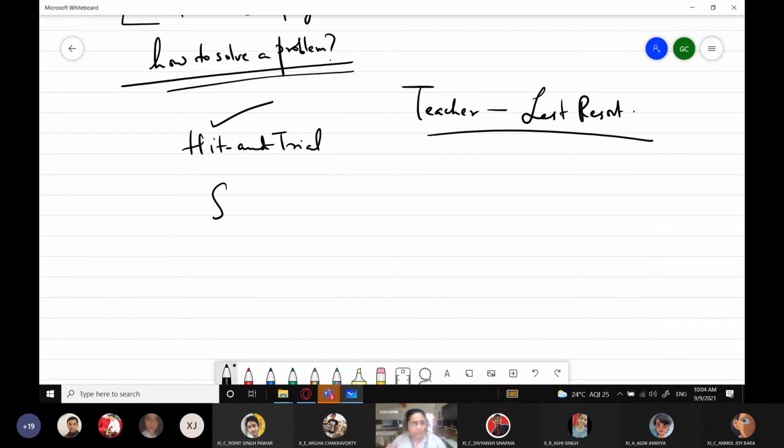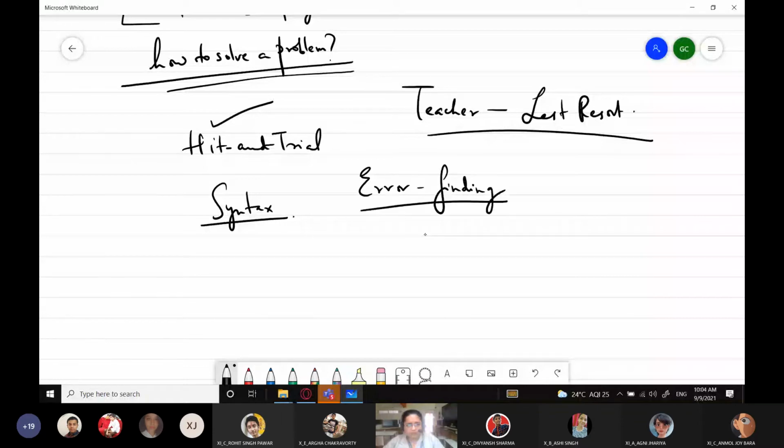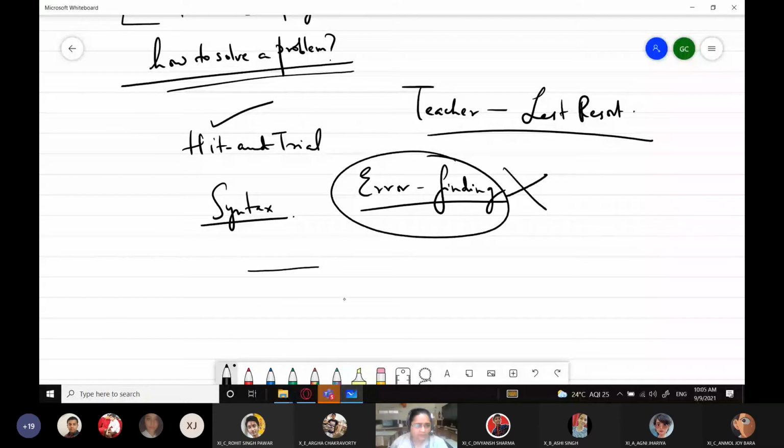Second thing is, when you get syntactical errors, you get an error and you sit there, ma'am, what is the problem? You have to ask that question to yourself. Why? Because in your exam, you will come across error finding questions where you'll be given a program code and you have to find errors from those programs. So until you find errors yourself, you won't learn error finding, right? So when you get a particular error in a statement, first read that statement, because Python gives you the line number. Python exactly tells you what the error is. So read that first.